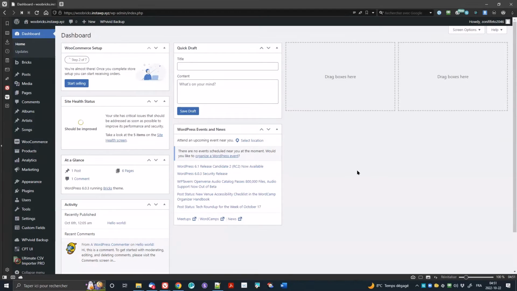Okay, so now we'll take a look at using custom post types. I have created custom post types here for albums, artists, and songs. If you looked at the previous videos that I've made with Jet Engine and Bricks and others, I use those, so I use the same data. We won't use songs in this one, by the way, and I have converted it to advanced custom fields instead